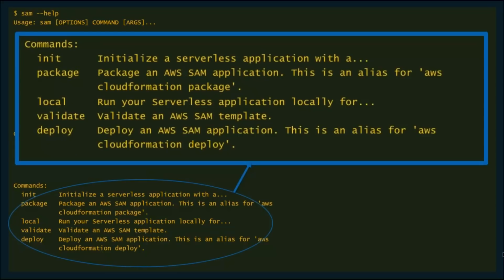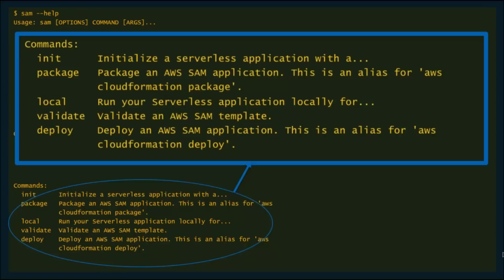You can also directly use SAM to package and deploy your serverless application. Being that SAM is built on top of CloudFormation, there were two underlying commands that were added to CloudFormation as part of this, cloudformation package and cloudformation deploy. What package does is it looks at your SAM template, takes your application repository, zips it up and puts it into S3 for you.